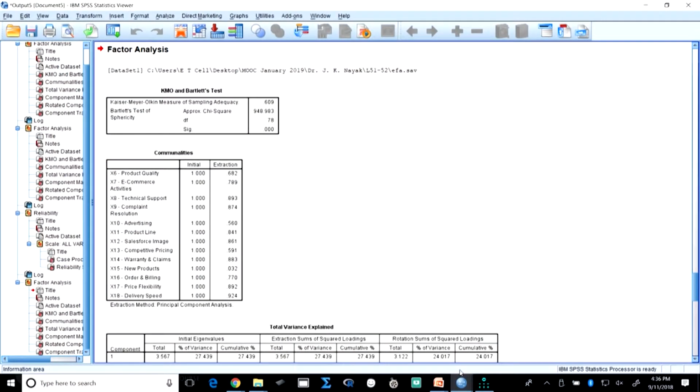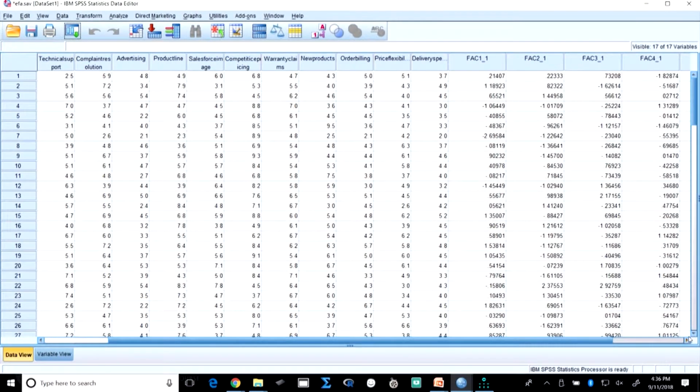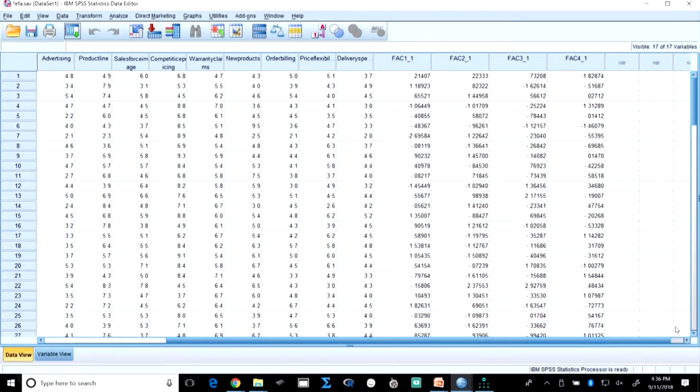So, if you go back to the data set now, you will find that as many as the number of factors, the same number of factor scores have been inserted. So, 4 columns have been inserted into the data set. These 4 columns are called factor scores, the scores which represent each factor. Now, you can use these factor scores in some other study, maybe in a regression or some other study, where you can insert them as an independent variable, right.